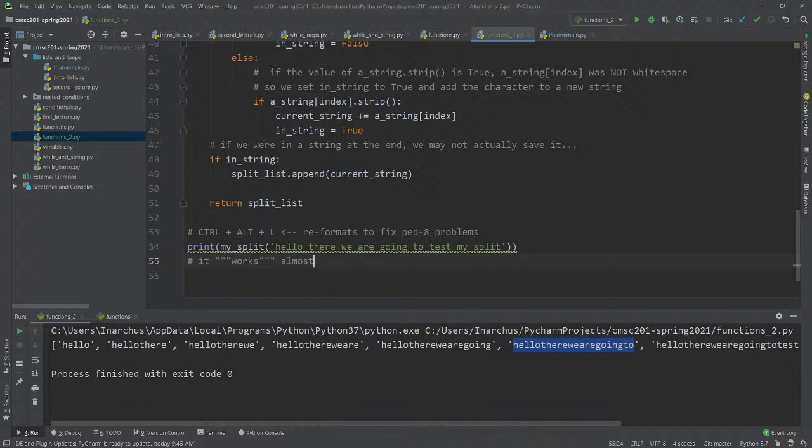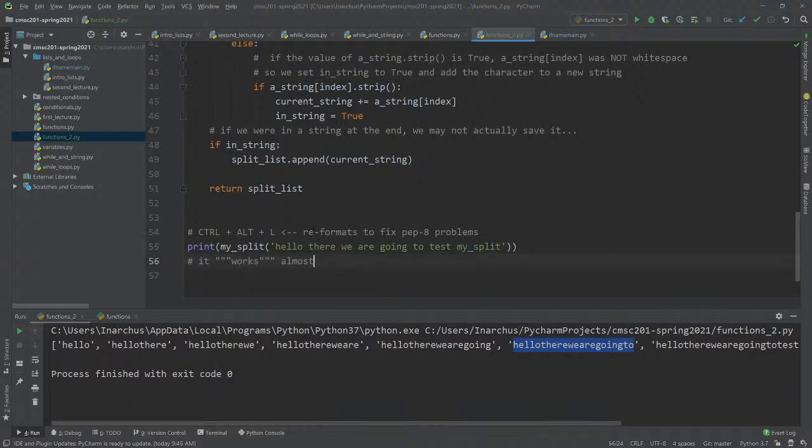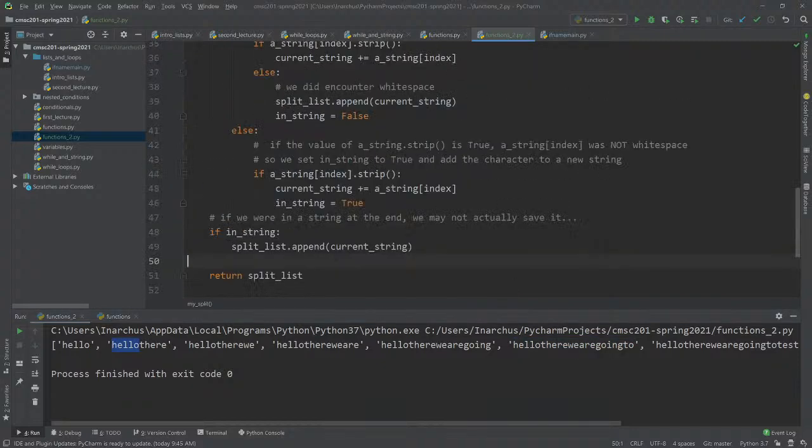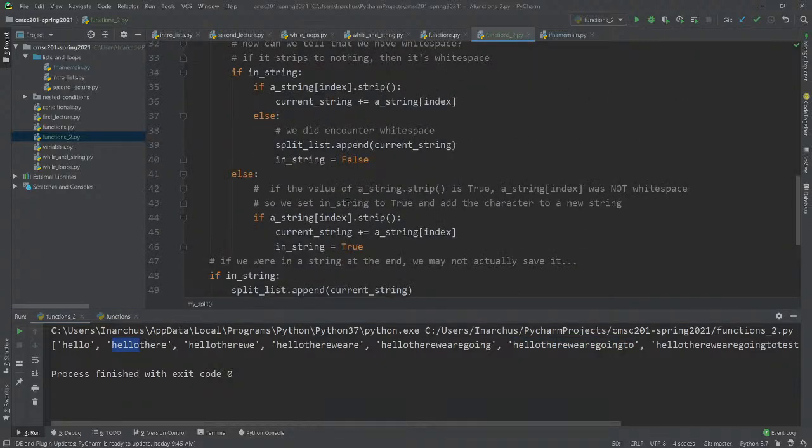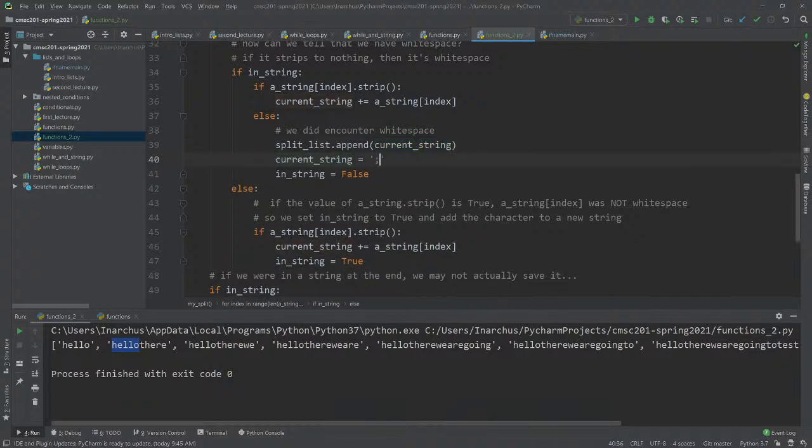It basically works. What's the last thing we have to do to fix it? The last thing is to just remember to blank out the current string. Here we appended the current string to the list, but I never blanked it out. So there we go.